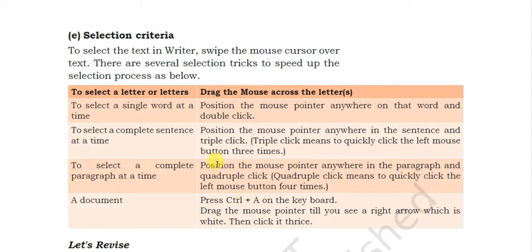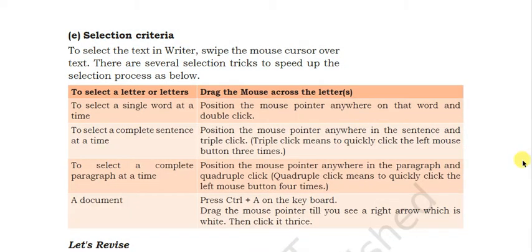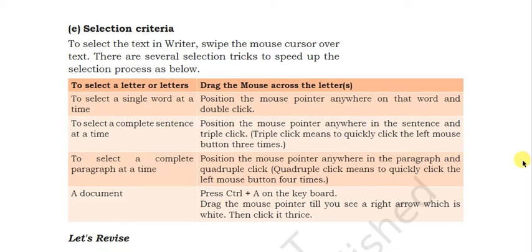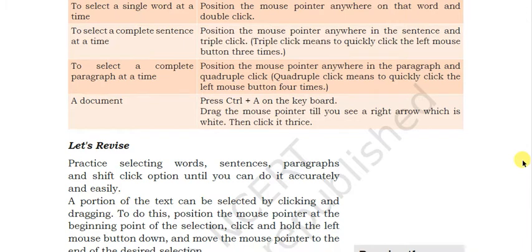Okay, suppose we place our pointer here and we double click, so it will select this line. Okay, this is triple click, and this is the entire paragraph. So these shortcut keys you must remember: Ctrl A, Ctrl C, Ctrl V, Ctrl X. You can practice all these options and try them so that you know what the difference between these keys is and how they work.